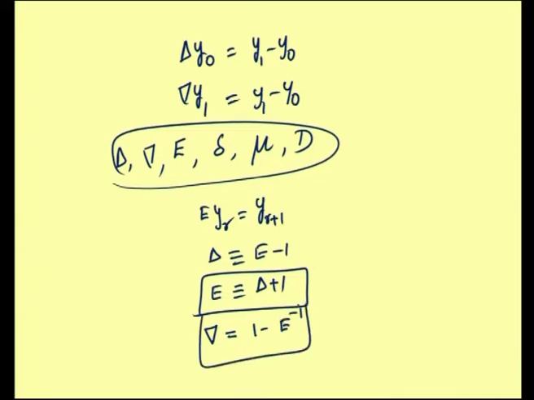This is another relationship, and then mu is equal to 1 by 2 into E to the power 1 by 2 plus E to the power minus 1 by 2, and small delta is equal to E to the power 1 by 2 minus E to the power minus 1 by 2, and using E you can relate mu and